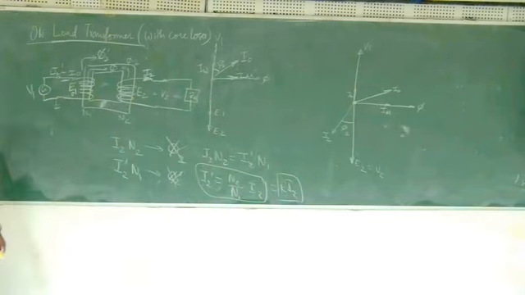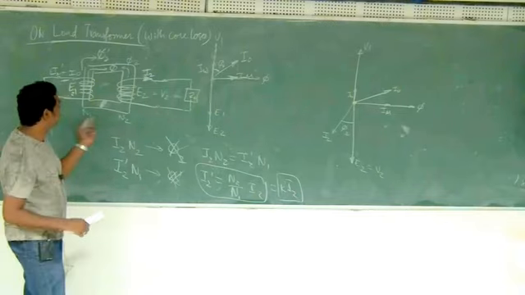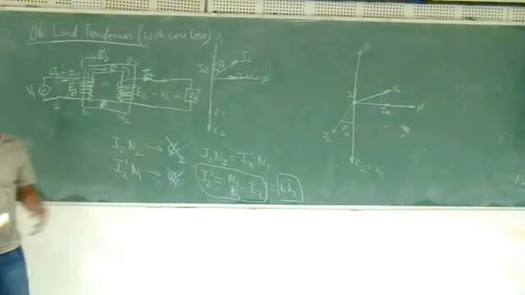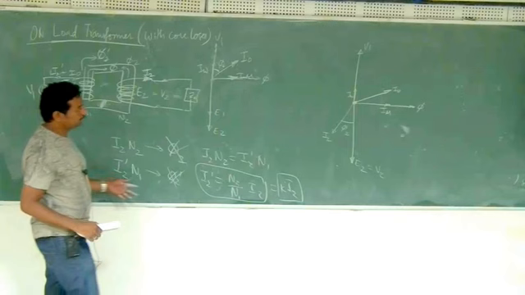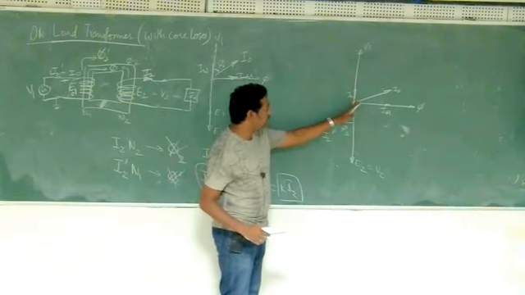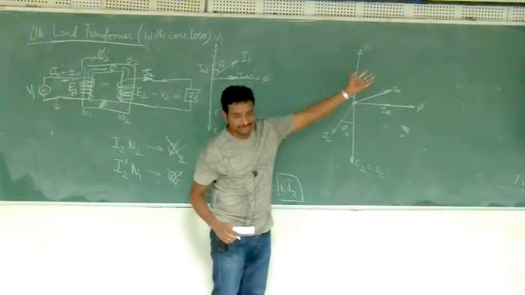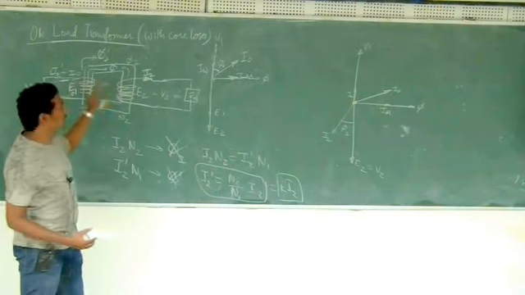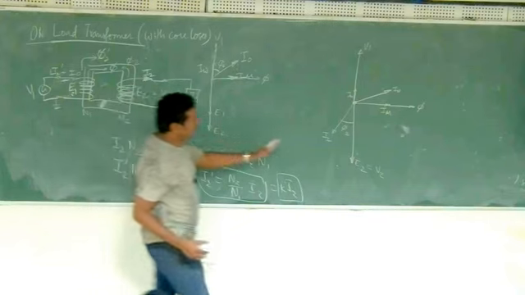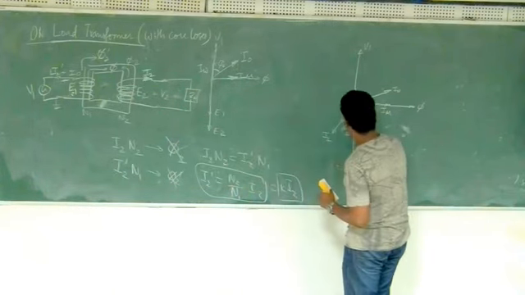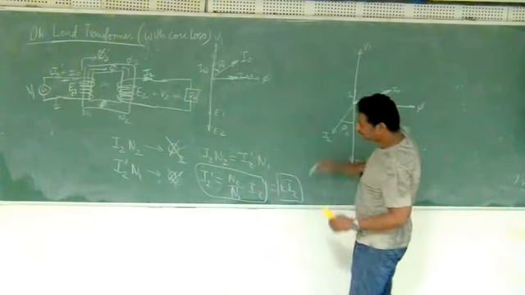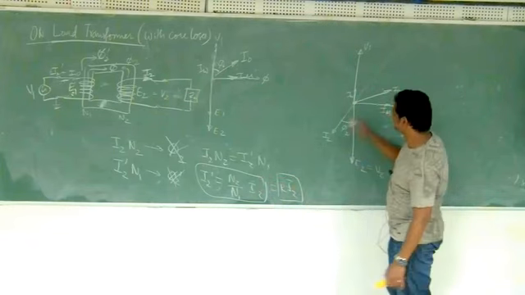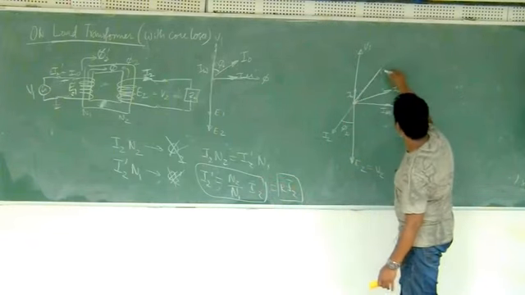Okay. Now, so what is I2? If I know the N1 N2 ratio, then I can write the I2. Okay. Now I am asking the question, where to locate I2 dash? Should I write it in the same direction or in the opposite direction? Okay. So just to indicate that these two fluxes are cancelling out each other, I can put it exactly 180 degrees from this. See, magnitude I get from here, but the direction I'll use something like this.